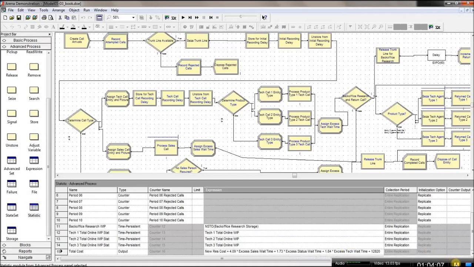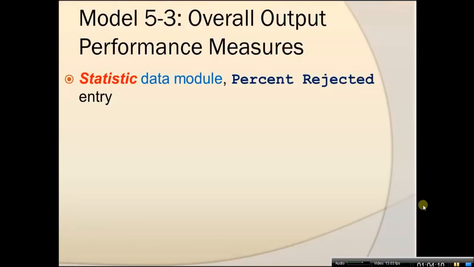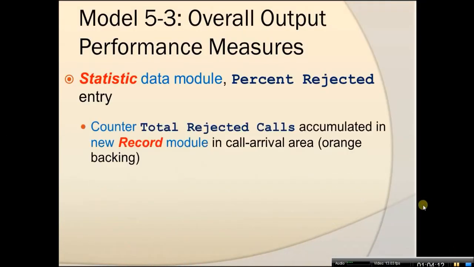So let me first describe how we're going to do that. Our other statistic is percent rejected, and it's again going to be an output statistic. And so we're going to need to introduce this total rejected calls, because the percent rejected is going to be the total number rejected divided by the number that we have attempted. So to do that, we'll need to introduce a new record module in the call arrival area, and through that record module, we'll introduce this counter called